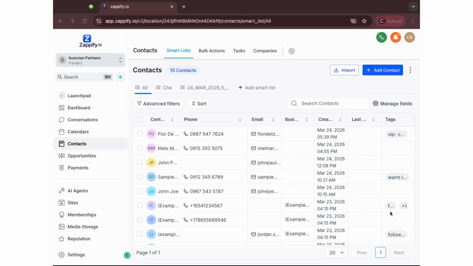Next video is all about how to use tags, custom fields, and custom values to segment and store contact info in Zapify.io. So first step is we will open contact,